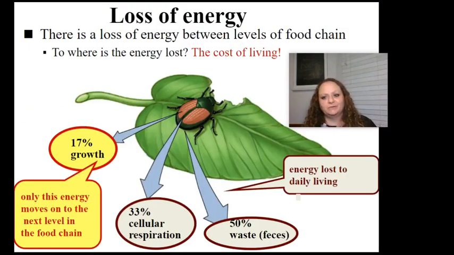As we move energy between trophic levels, we're going to lose it. Actually, we're going to lose a lot of it. And that was something that I mentioned earlier in this video. So the energy is lost to the cost of daily living, right? Some of it's going to be lost as waste. Some of it's going to be lost in processes. Some of it's going to be lost in movement, energy needs. And some is going to become part of the organism itself. That's the energy that can be passed to the next trophic level. Let me explain what I mean.